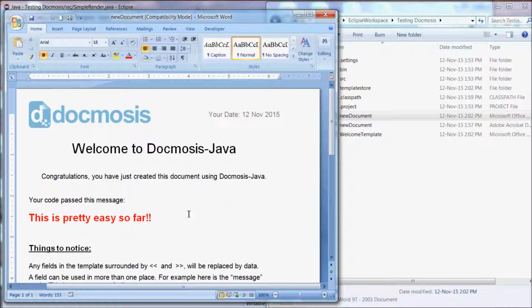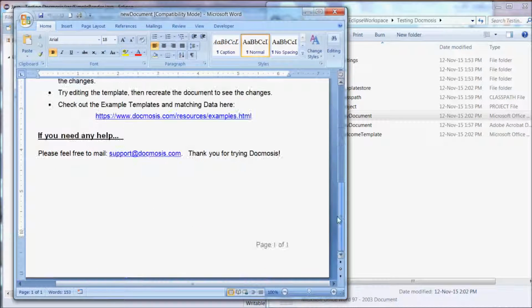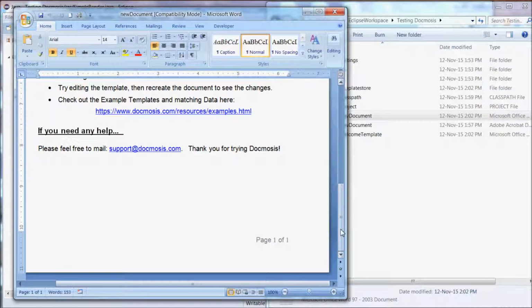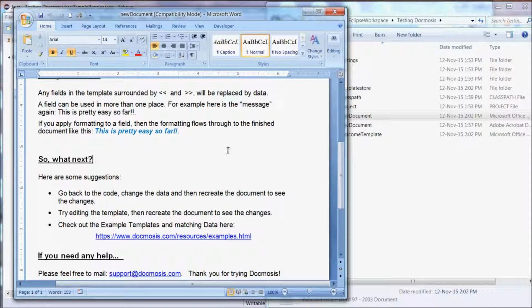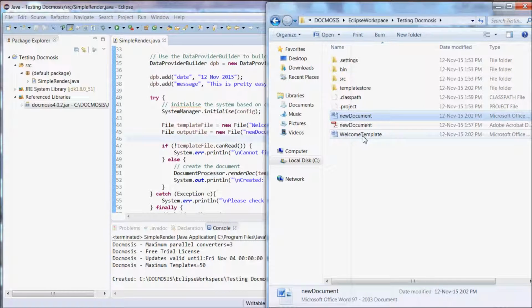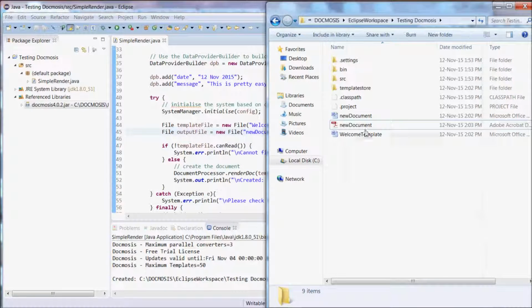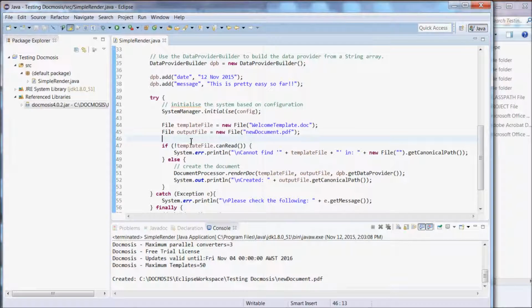This is a fairly rich and detailed document. It's got a header section with images and a date. It's got page numbering in the footer and hyperlinks, bullet points, and so on. And all of this has been achieved as a Word document and as a PDF document from 5 or 6 lines of code. Hopefully that's given you a basis for setting up Docmosis in Eclipse, and now you can